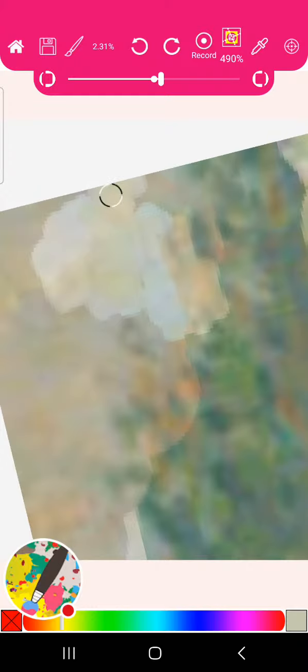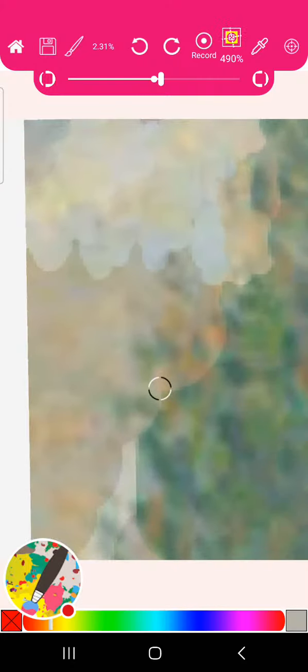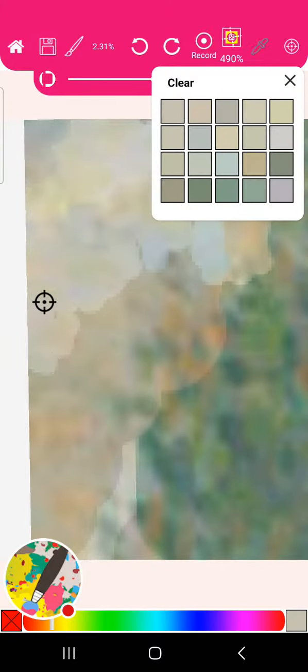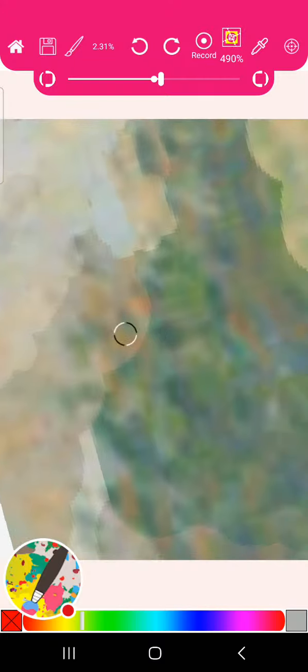Because I had a big brush, I'm now getting the real colors and just tapping away. Look. Because I had a bigger brush, remember I had 10%. This has gone way down, and now I'm picking the smaller areas, and this is what I'm going to do. Just do that and see what the